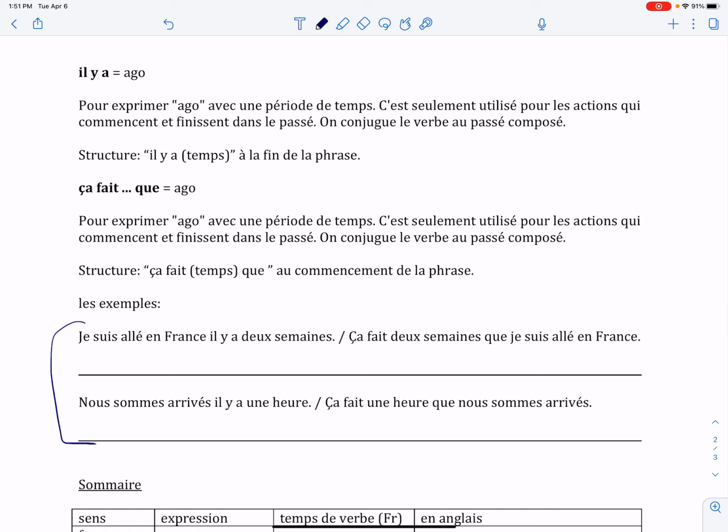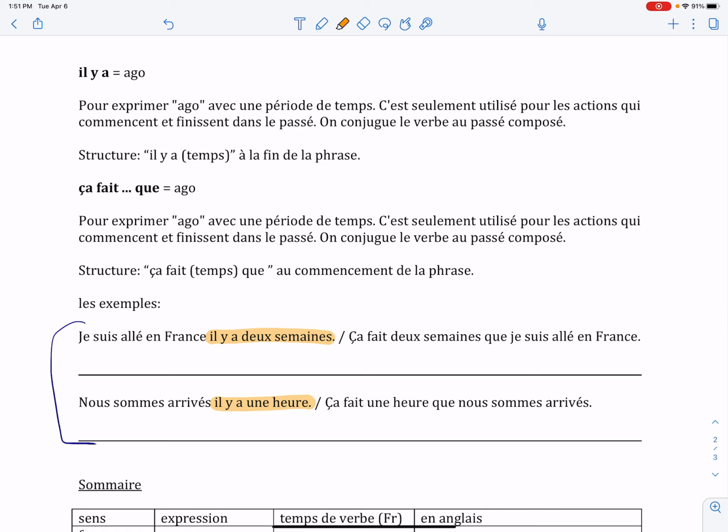And this time you'll conjugate your verb in the passé composé, which is how we would express the idea in English as well, as something that someone did. The il y a and then the time goes à la fin de la phrase, at the end of the sentence. So you can see in these sentences here, at the end of the sentence, we have il y a 2 semaines, 2 weeks ago, and il y a 1 heure, 1 hour ago. So the il y a goes before the time, so it's like saying ago 2 weeks or ago 1 hour. It's just the structure that works in French.